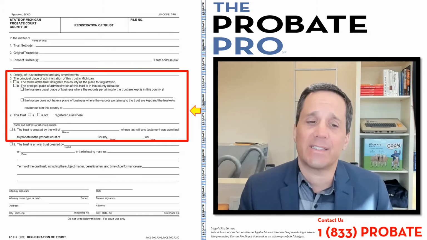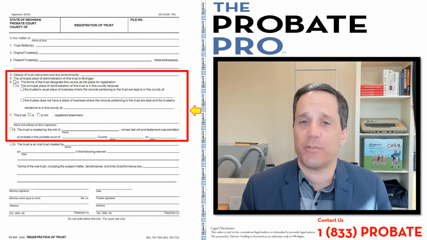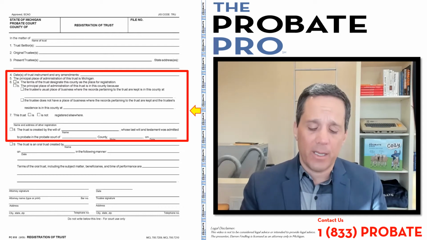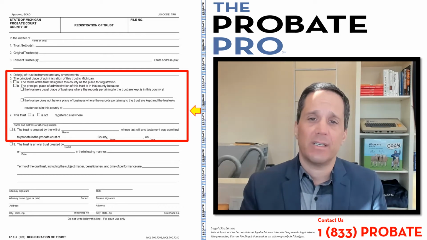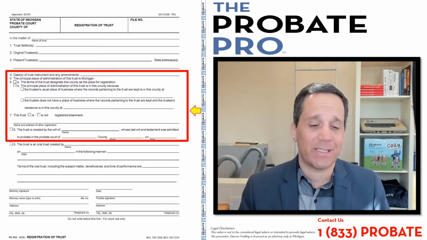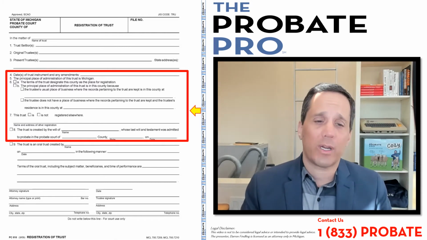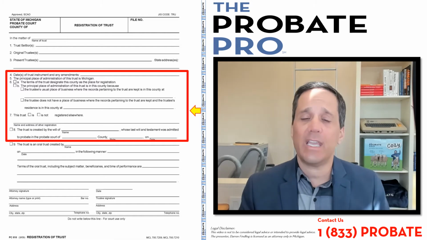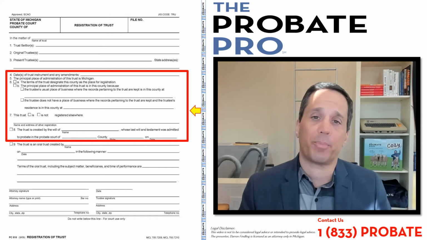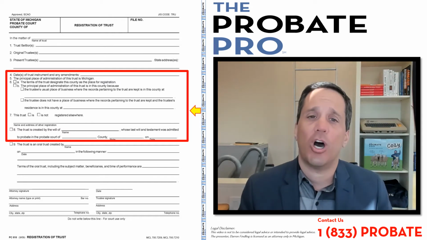Paragraph 5 provides that the principal place of administration of the trust is in Michigan. So that would be the jurisdictional place. For example, if the trust identifies Michigan as the place for registration, then that's pretty straightforward. But often it's left open, and when somebody is living in different states or conducting business in different states, it can be a little confusing as to whether Michigan has jurisdiction. And again, you have to go to the statute to identify the appropriate place for jurisdictional purposes of the registration